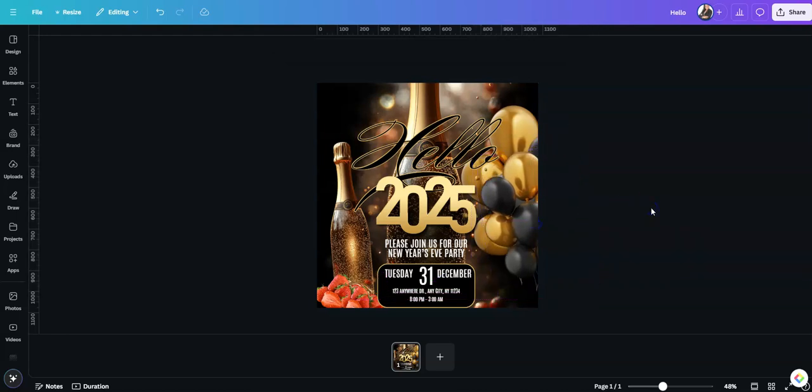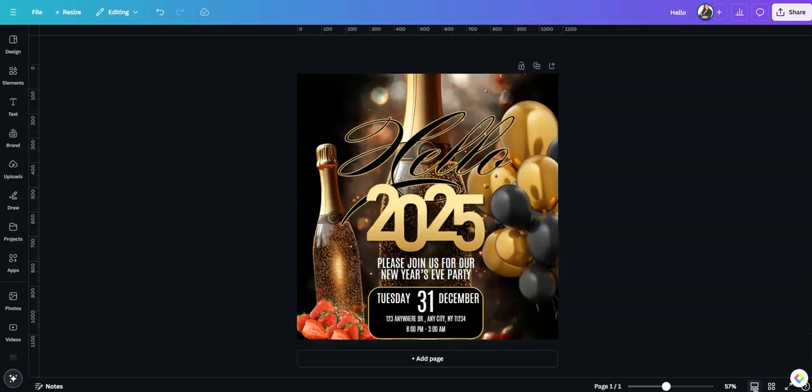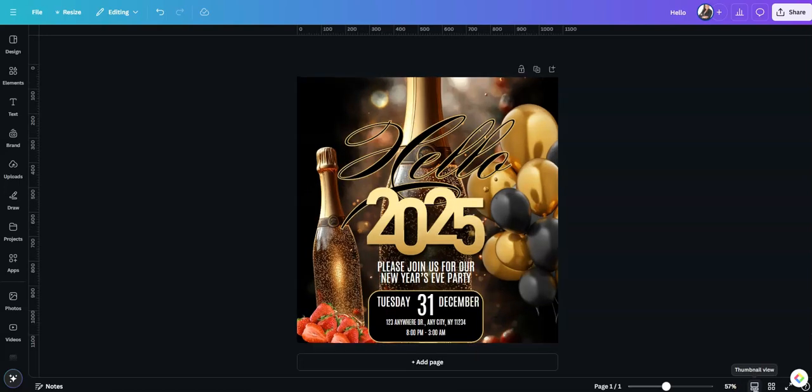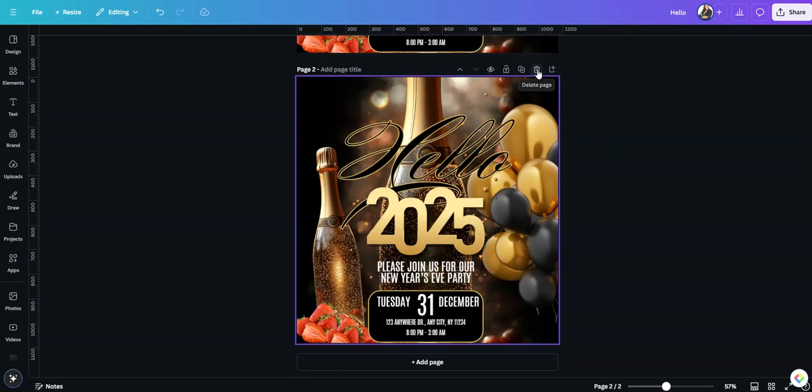There we go. All right, so now we officially have the first flyer. So we're good when it comes down to that. So now what we're going to do, we're going to create the second flyer. And when we're creating the second flyer, we want that same kind of look and feel, but we do want to switch some things up. So what I will do is I'm going to duplicate it, and certain elements I'm going to go ahead and